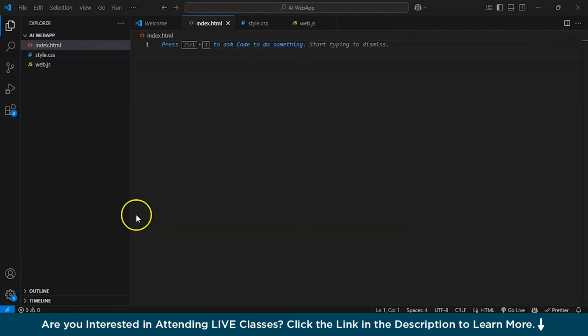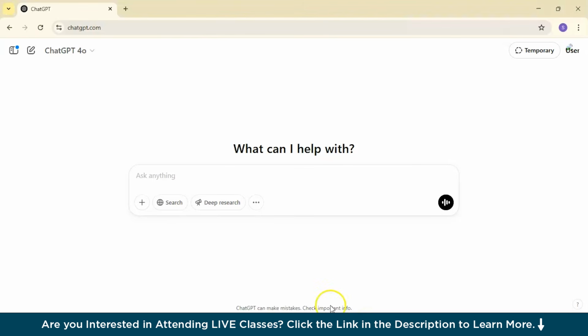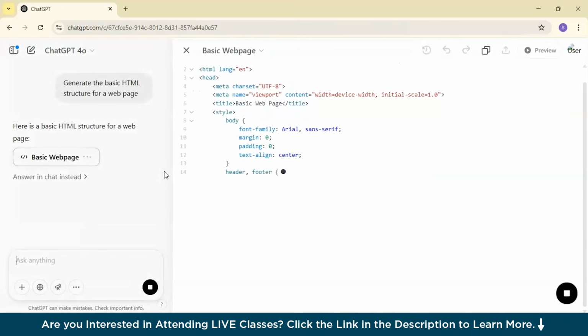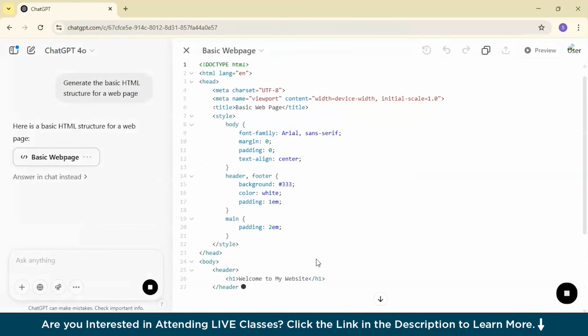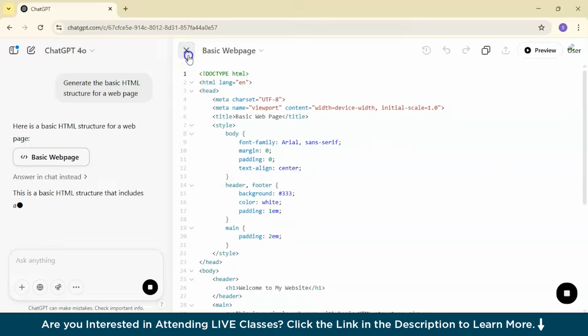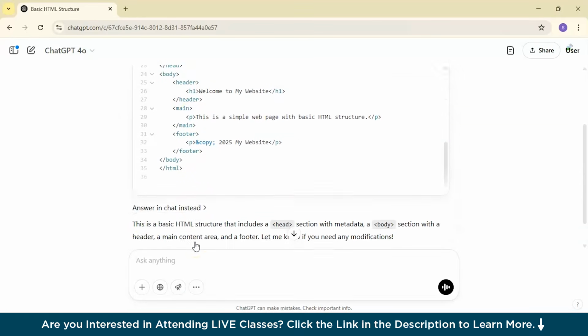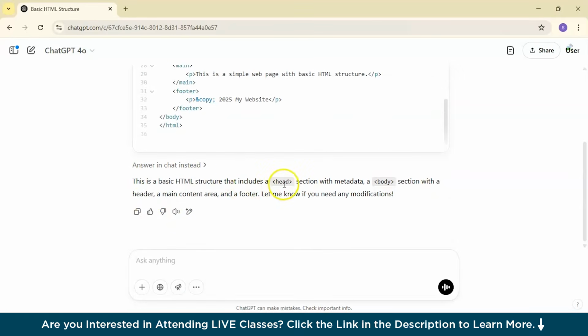Now we are done. So now let's generate our first prompt using ChatGPT. We'll go to ChatGPT and we'll ask, generate the basic HTML structure for a web page. And let's see what it gives. So basically, it has given a basic structure. This is the basic HTML structure that includes the head section